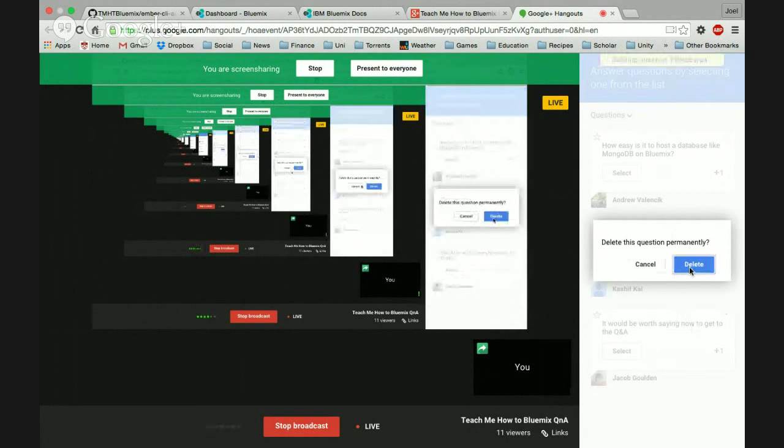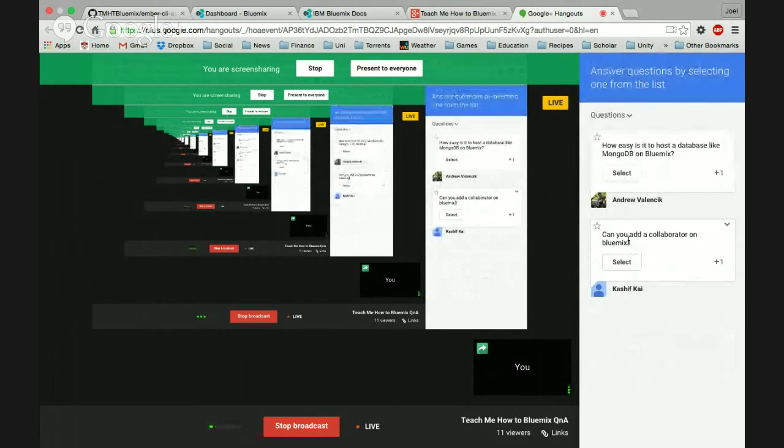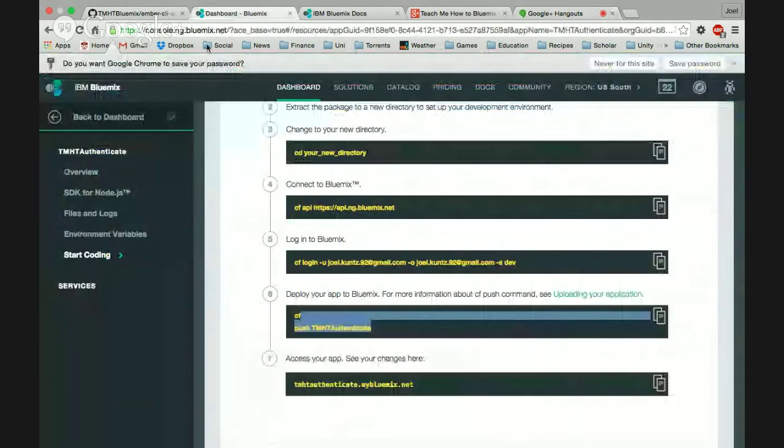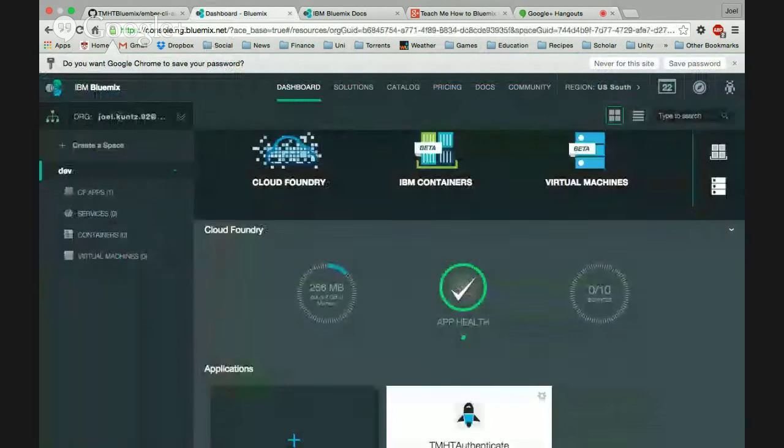Okay, so the next question is, can you add a collaborator on Bluemix? And yes, you can. So I'm going to go over how to do that. So if we go back to the dashboard,